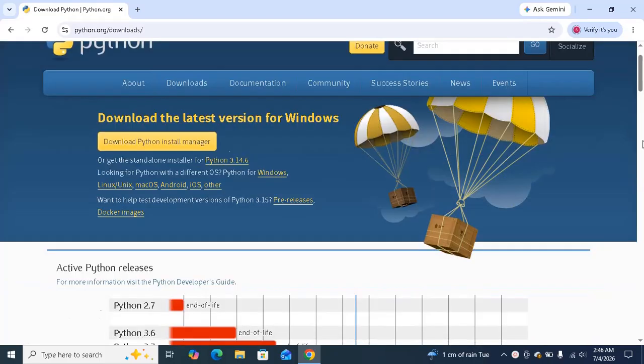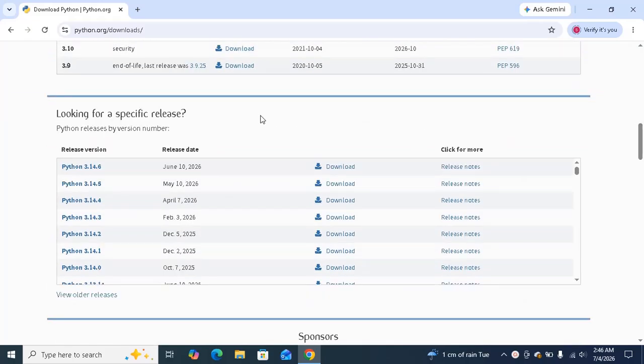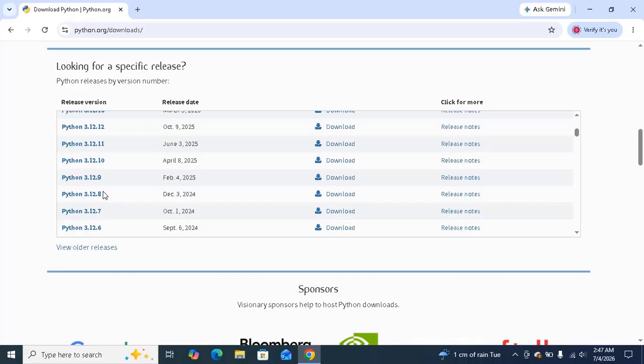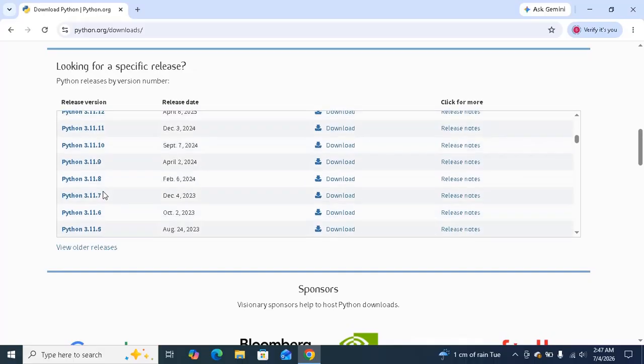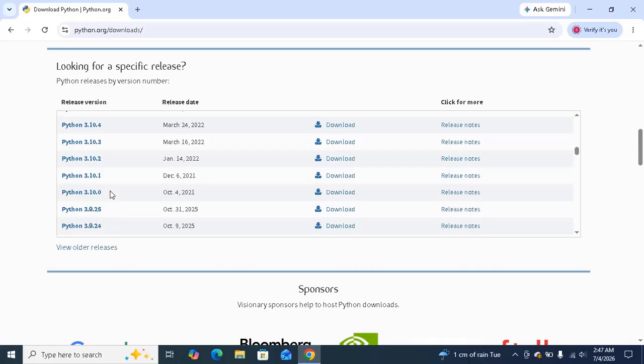Now go down until you see looking for a specific release, and here look for 3.10.0. So you can see Python 3.10.0. Just click on download